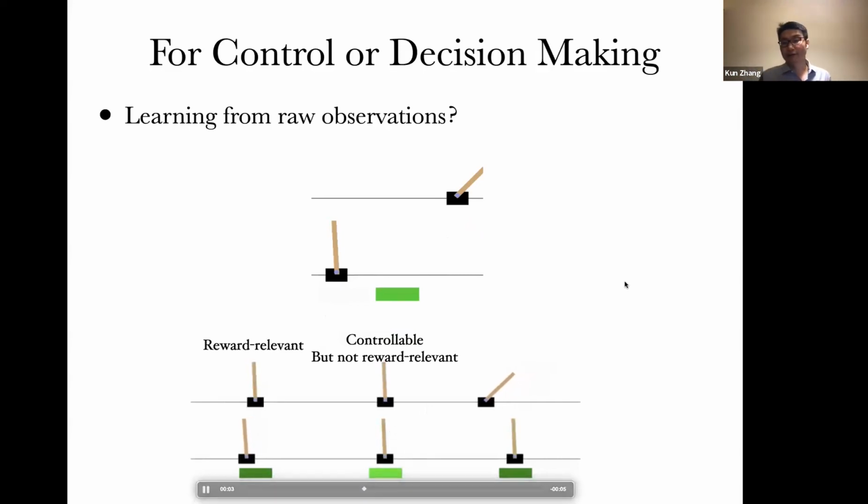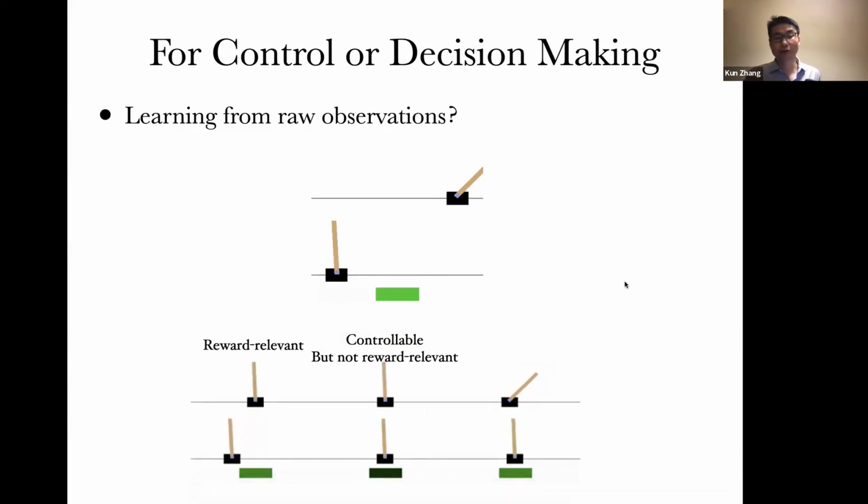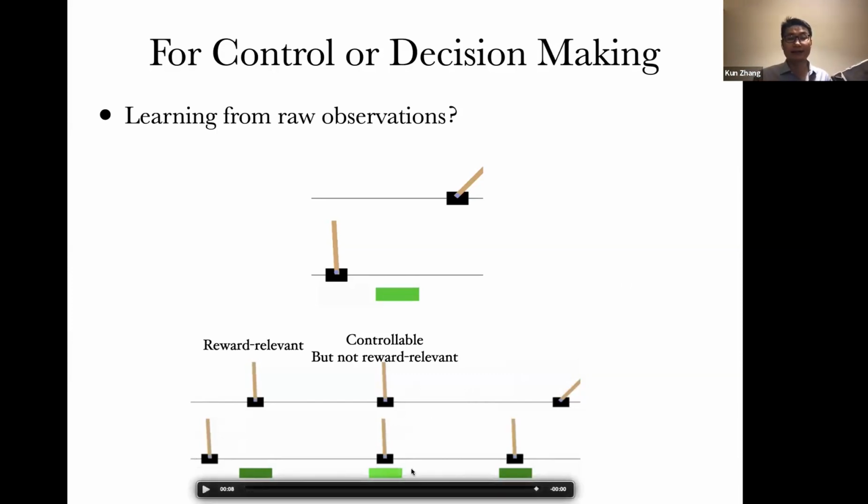They are reward relevant. Whenever you do reinforcement learning, in order to keep it balanced, you have to pay attention to two things. One is the location of the cart. The other is the angle of the cart-pole. And of course, if you care about control, then in this case what we can do is control the position of the cart-pole or the pivot point right there. And in the middle, this is something you may be able to control given the setting of the environment.